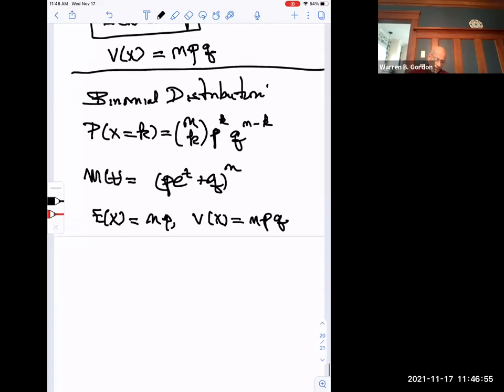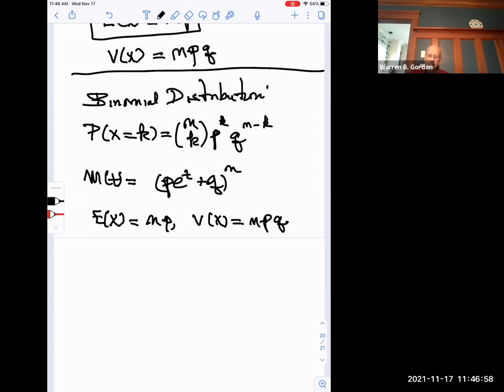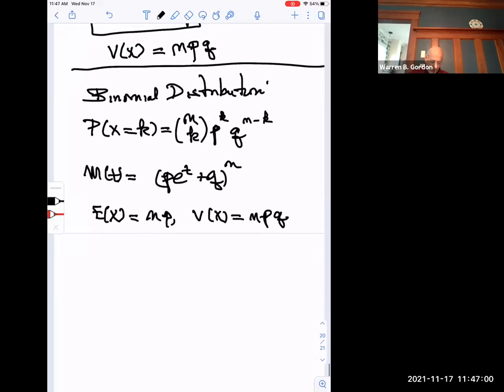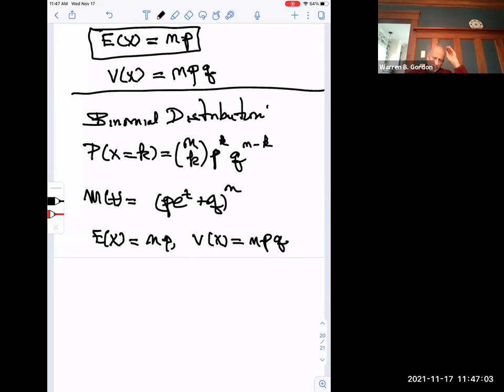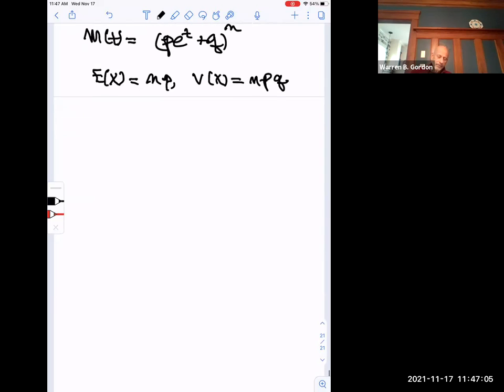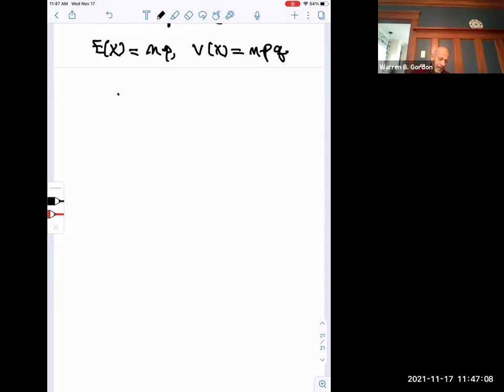Now I want to do this one more time. I want to talk a little bit more about the binomial distribution. Notice X is the total number of successes, right? So if I could define a